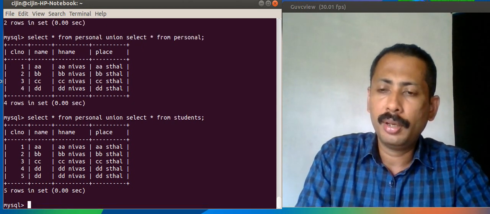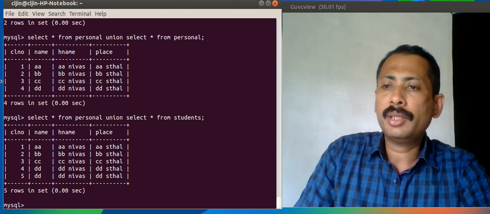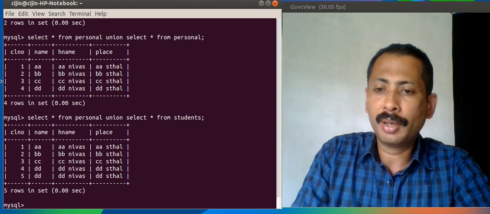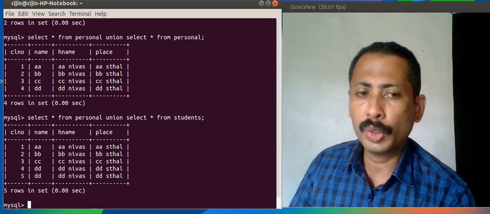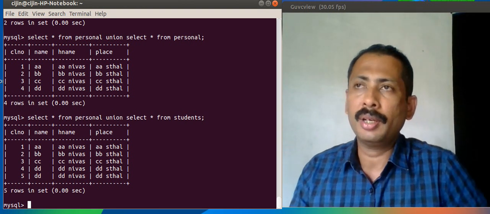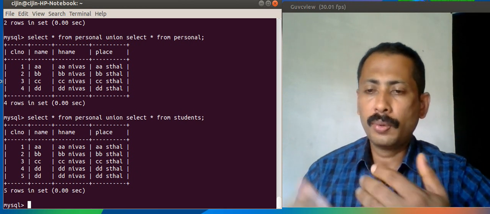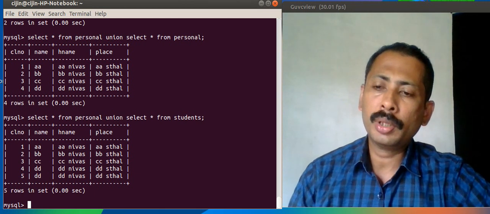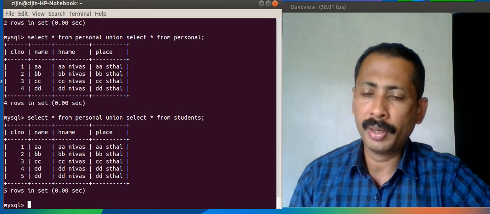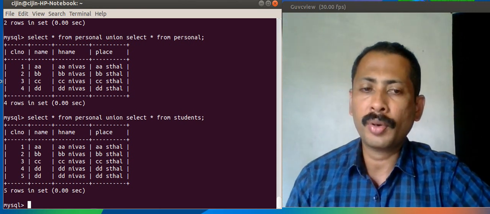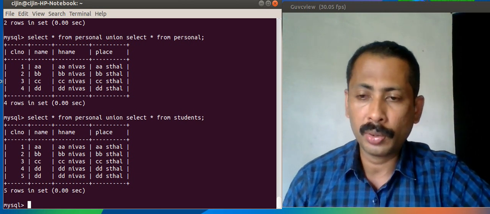Now you can see we are getting the combined rows 1, 2, 3, 4 and 5. Since 2 is repeated, it is not shown twice. So union also acts as unique: if a record is repeated, it will be shown only once. Okay, so 1, 2, 3 and 4 belong to the first table, and 2 and 5 belong to the second table, but 2 is not repeated. It shows 1, 2, 3, 4 and 5, only unique records.